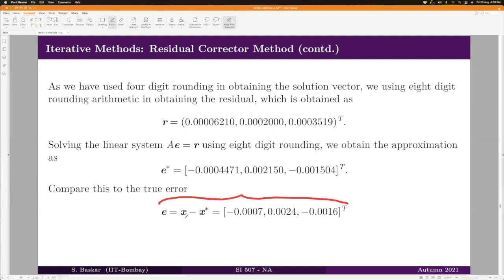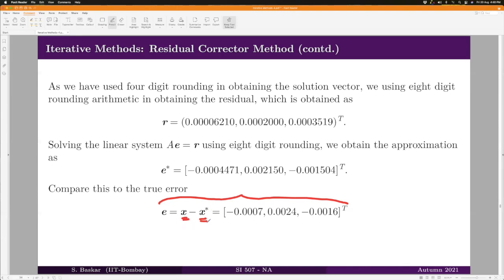So we know the exact solution up to 4-digit rounding. We also got the approximate solution using Gaussian elimination method. Why is it approximate? Because we did a 4-digit rounding calculation for that direct method. Although it has the capacity to give the exact solution, that is only in infinite precision. Since we used 4-digit rounding, x star obtained from the Gaussian elimination method is still an approximate solution, and